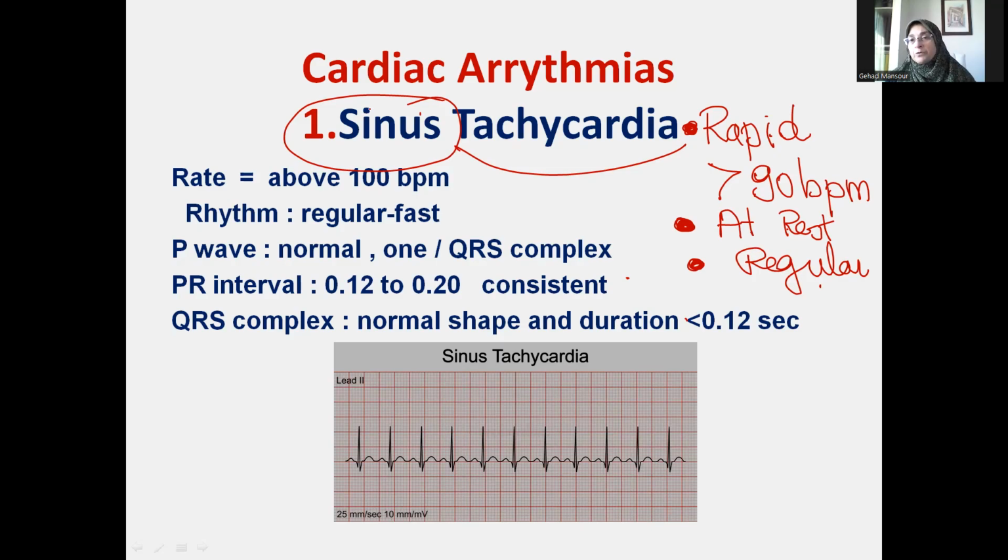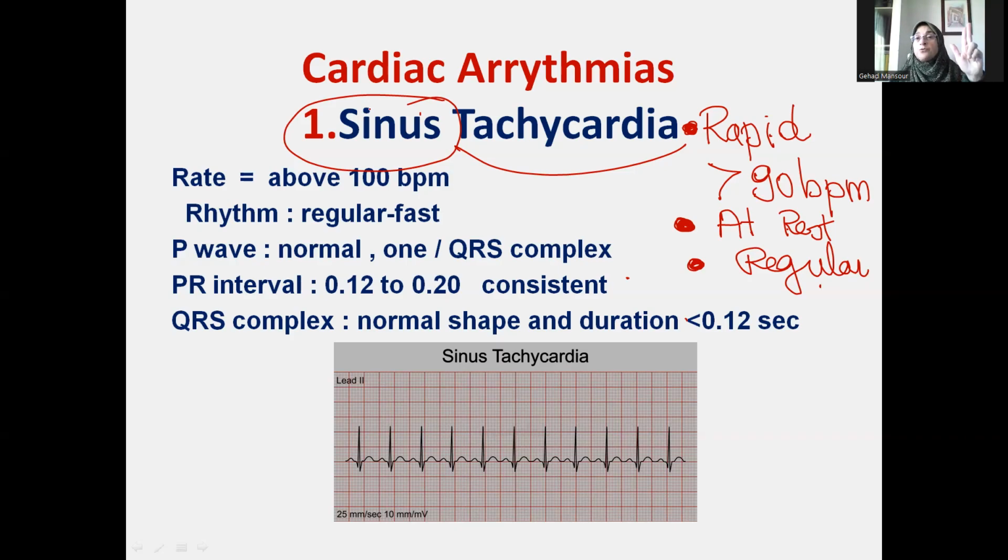No, the only abnormality is that the rate is higher than normal at rest, but it is regular. It originates in the sinoatrial node, and therefore it will have all the other characteristics. It will have a P wave before each QRS complex. The P wave is normal in amplitude, normal in shape, meaning that it is rounded, it is smooth,